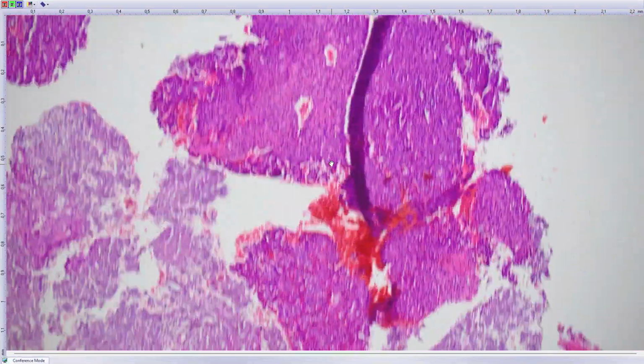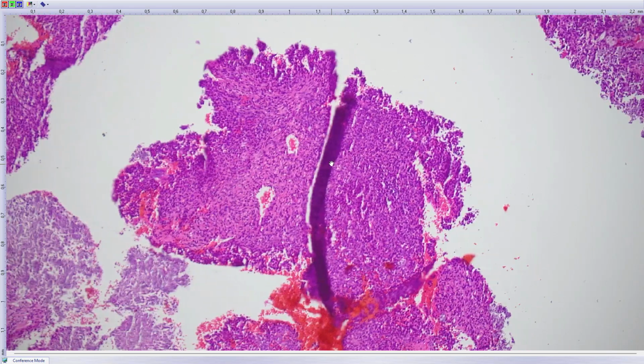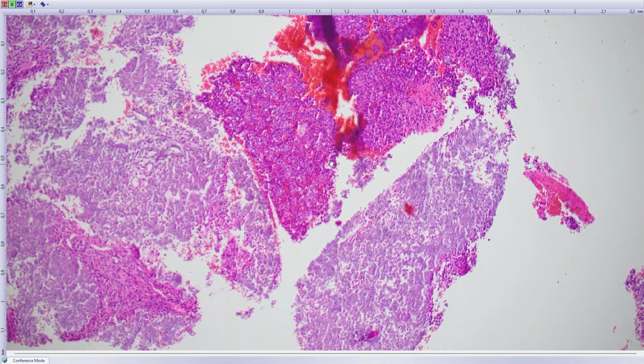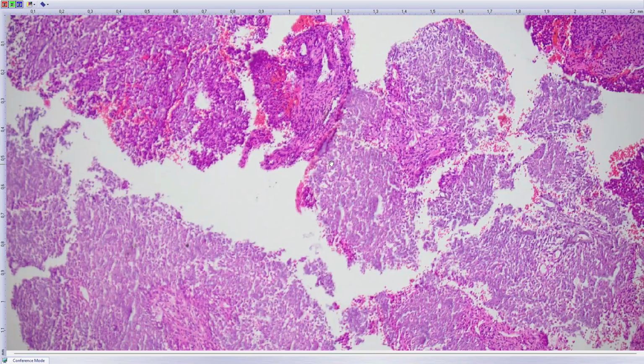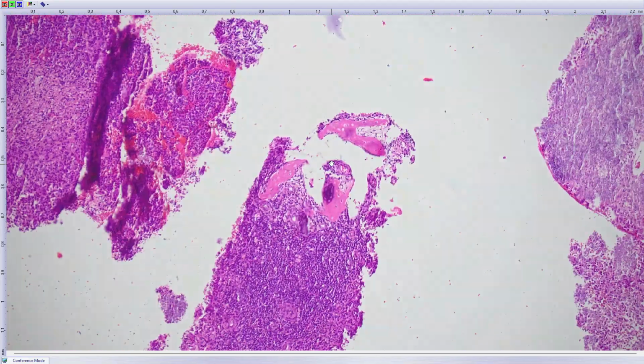This constellation of features, this kind of cellular monotonous round cell tumor, is a little bit reminiscent of solitary fibrous tumor, or what formerly was called hemangiopericytoma. Now this is part of solitary fibrous tumor. So this is one component, and then these so-called grungy calcifications, very fine calcifications in between the tumor cells, made me suspicious of